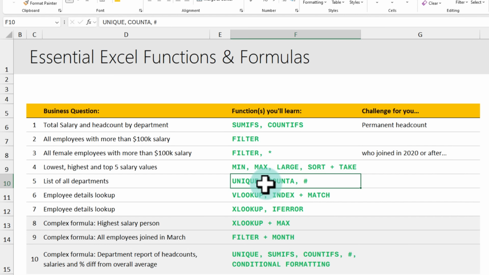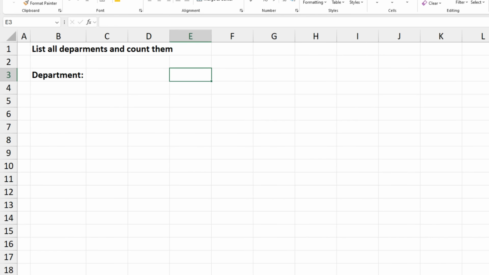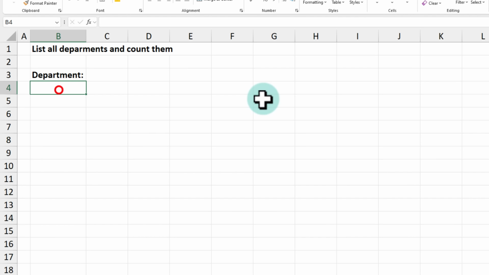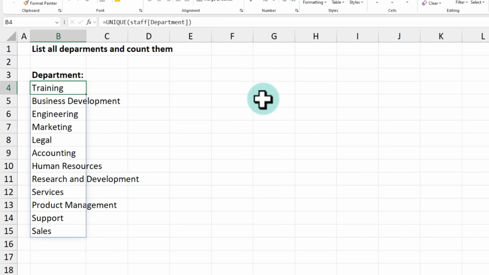This is also a new function available in Excel 365, and it is quite helpful if you know how to use this. So here I have set up a page for our department names, and I just want to see all the departments here. We can use the UNIQUE function like this: UNIQUE of staff table department column. And when you hit enter, it's going to remove all the duplicates and you'll just get all the 12 department